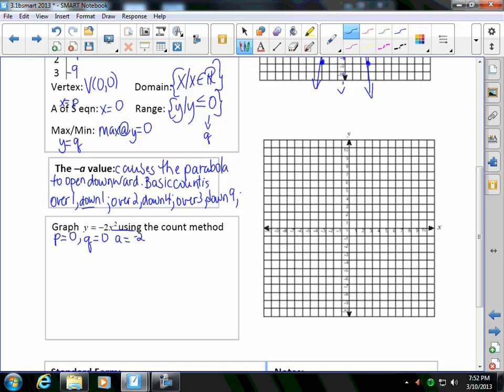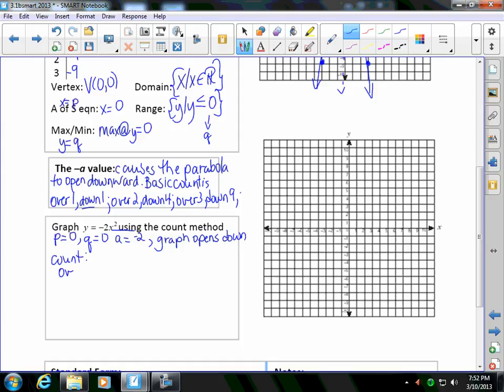So using the count method then, we know that this graph is going to open down because of that negative value. And what we said is whatever the a value is, you multiply it to that count up or down. So our count for this one